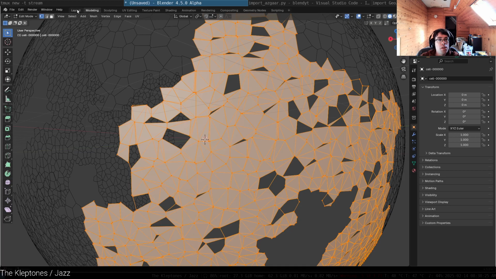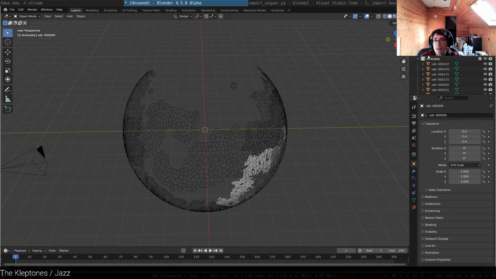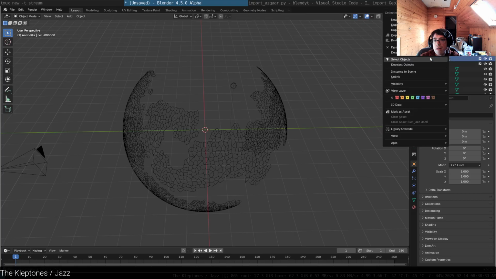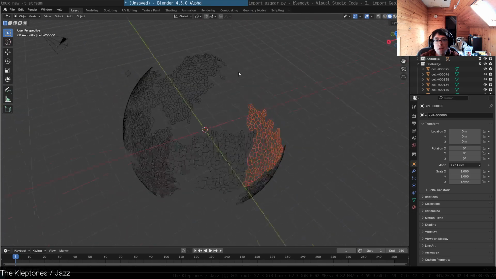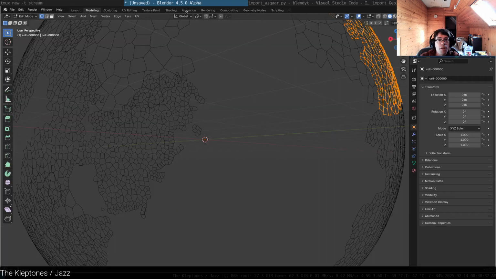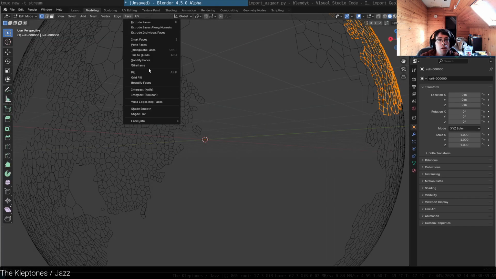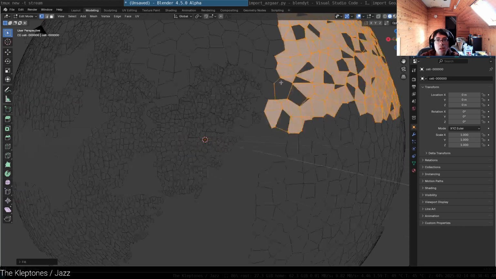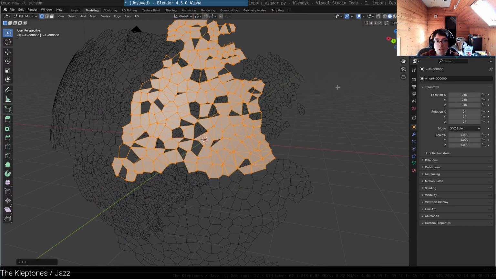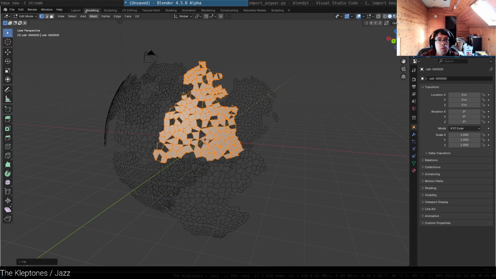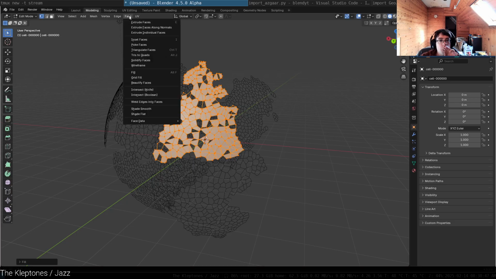Okay, so now let's go to layout. Hide that. Select objects, modeling, fill. Yeah, I'm getting a lot of holes here that I don't think I should be. So there's probably something to do with the way that